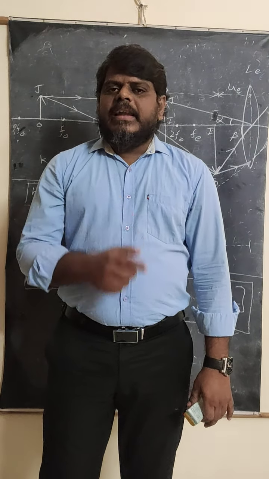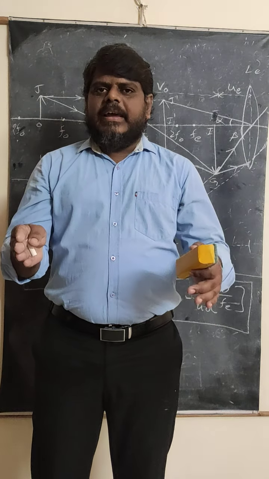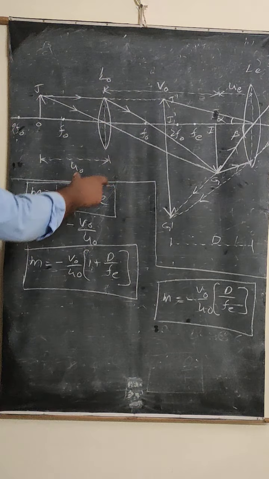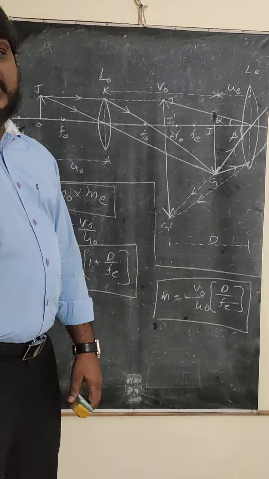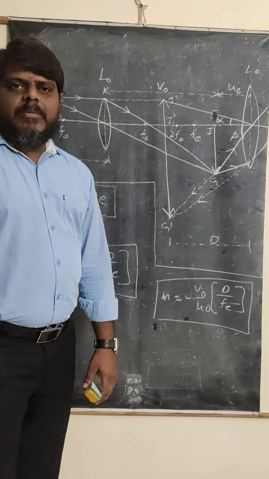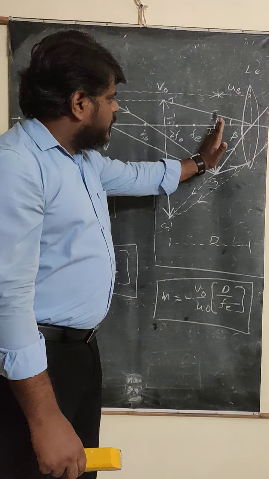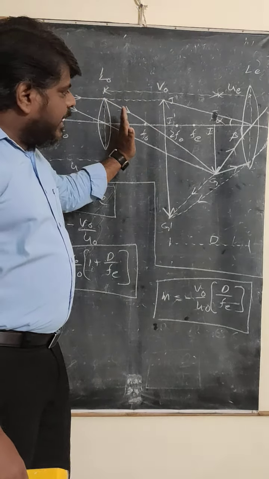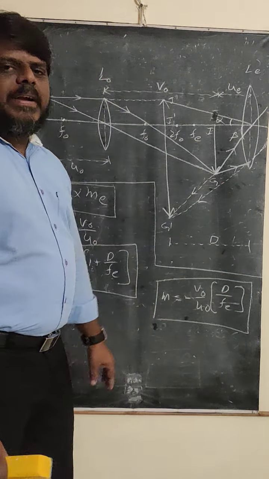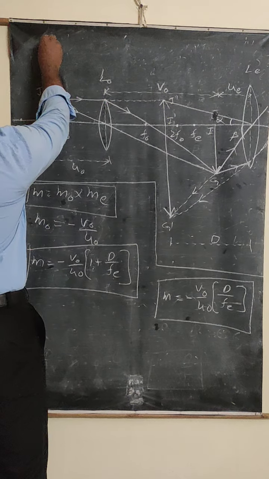So, the length of the microscope is simply the distance between the objective lens and the eye lens. Okay. So, refer to the diagram here. Which adjustment is it, near point adjustment or far point adjustment? It is the near point adjustment. Why is it a near point adjustment? Because the image produced by the objective is placed between FE and C. So that's why this is the near point adjustment. In the case of near point adjustment, what is the length of the microscope?